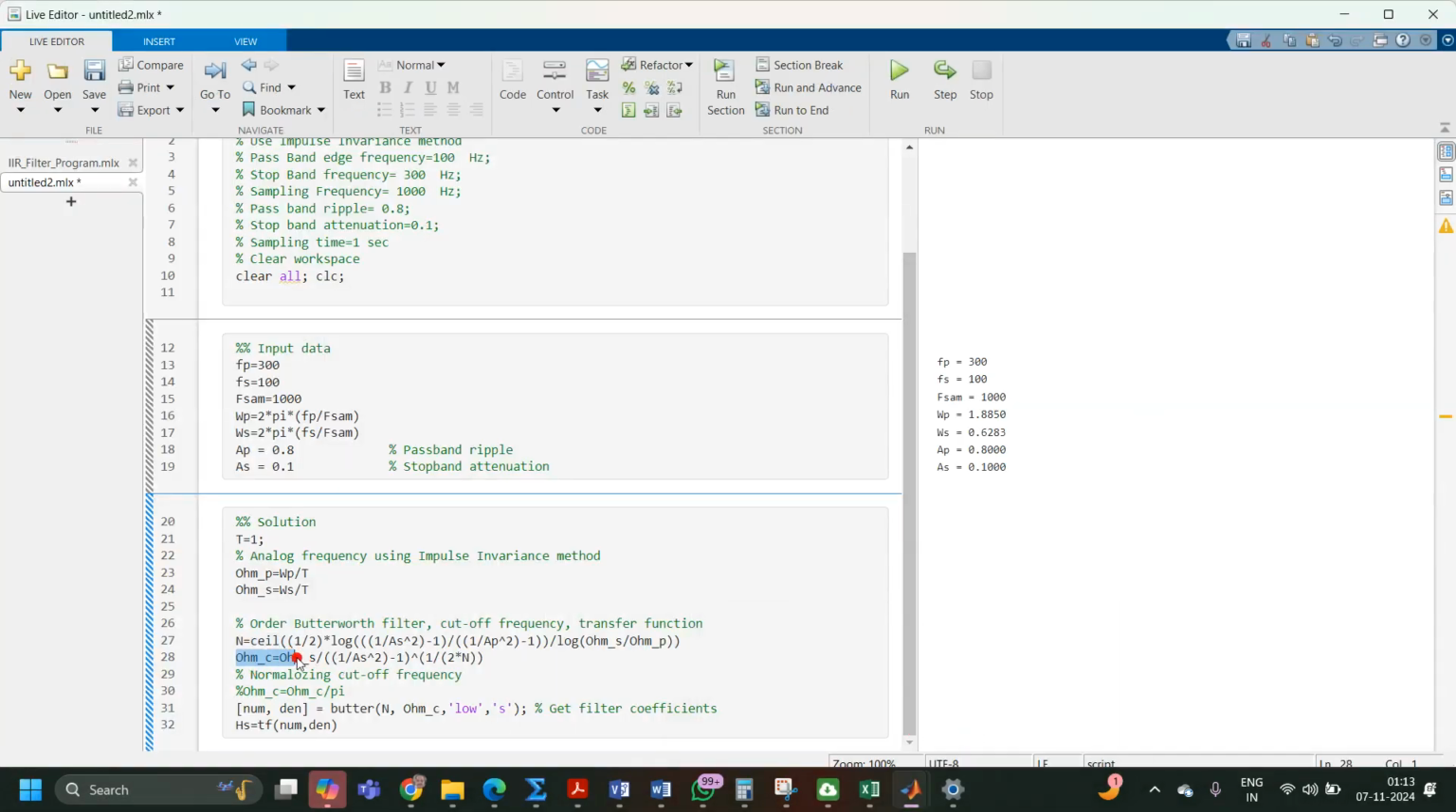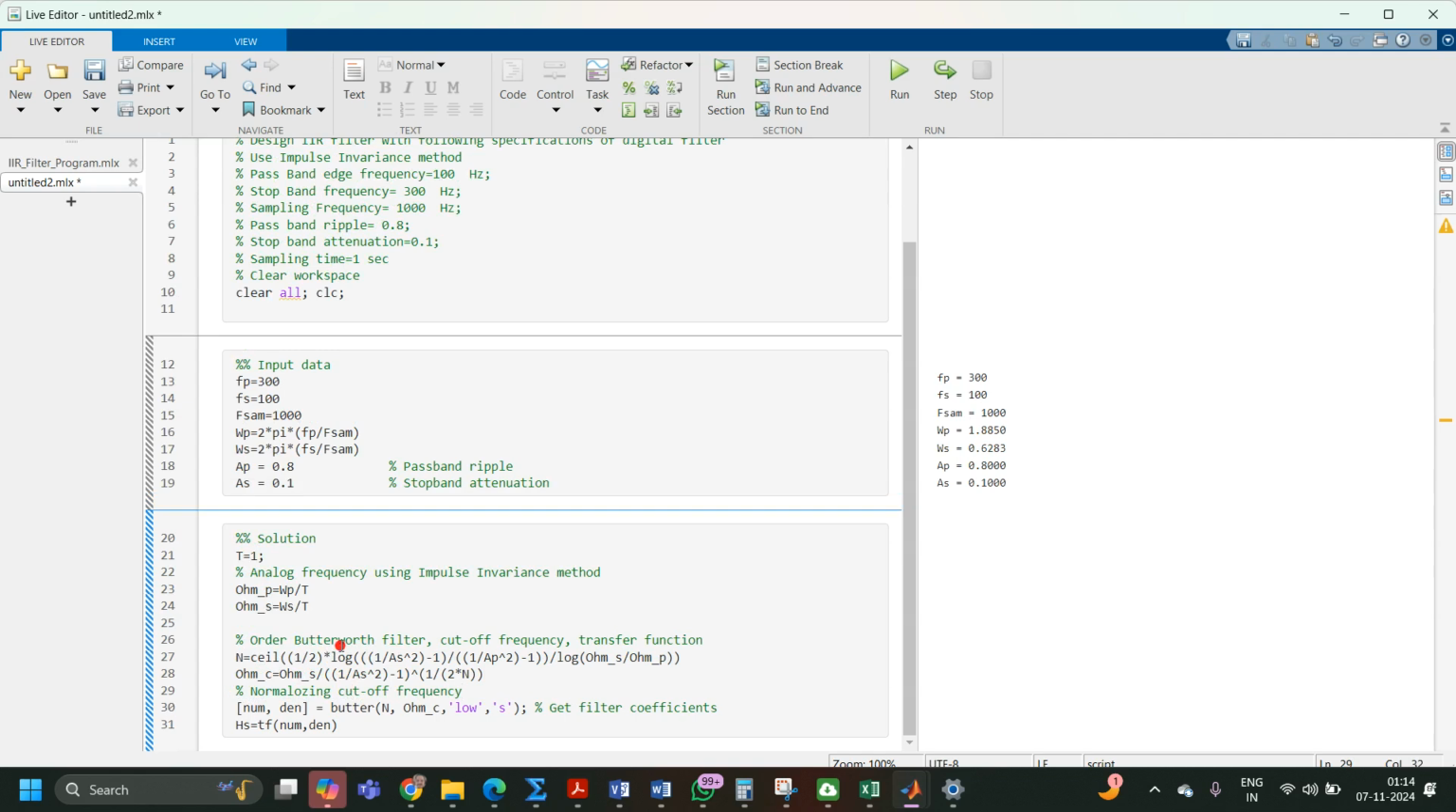And how to calculate the cutoff frequency? Cutoff frequency is equal to ohm s upon (1 by As square minus 1) raised to 1 upon 2n, where n is the order of the filter. So from this you will get the order of the filter. Now we'll normalize the frequency. Here we need not normalize the frequency, because ohm p and ohm s, omega p and omega s we have already normalized. So by using the butter command,